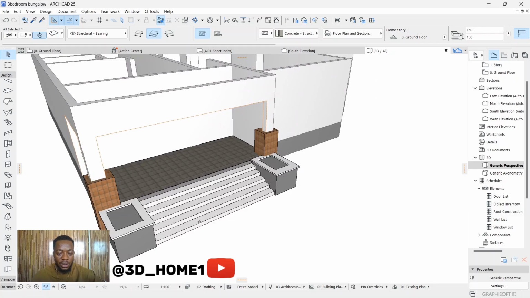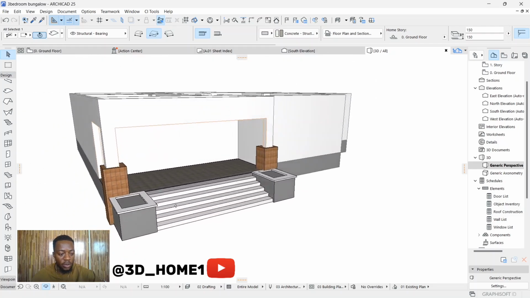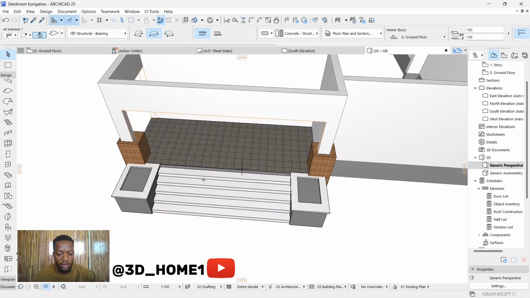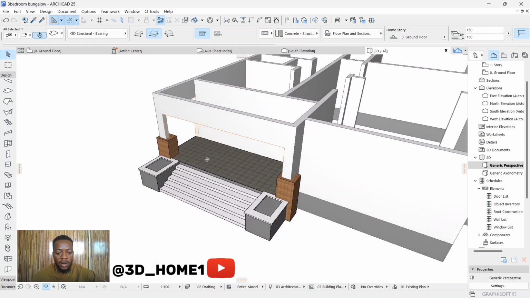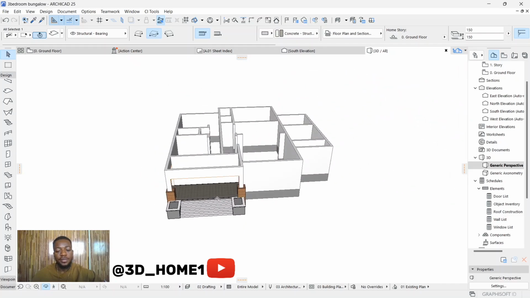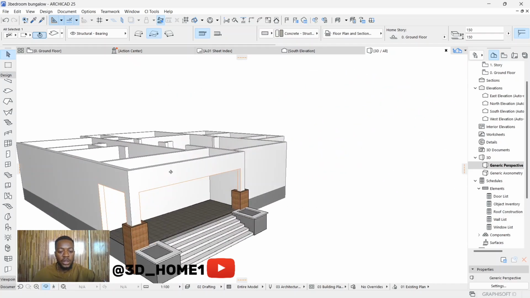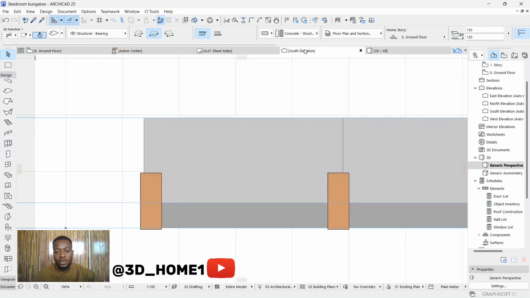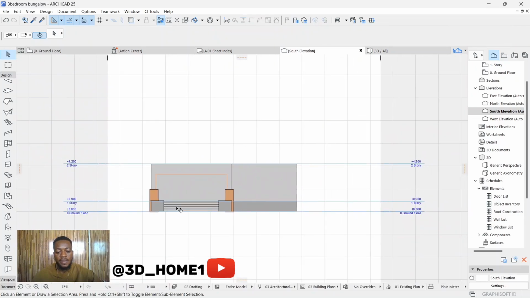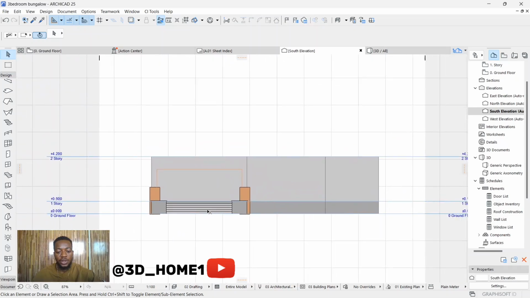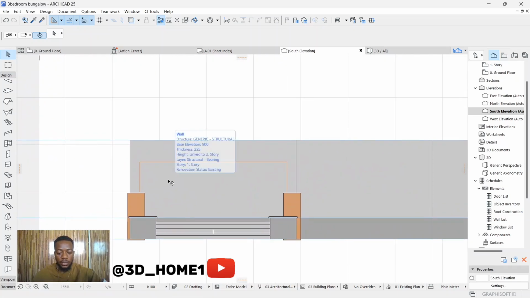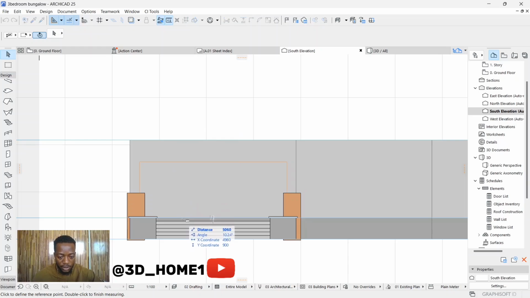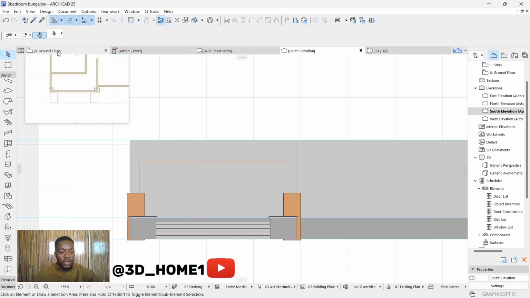Okay, so I think we are cool with this one. And so now what next can we do? Let's proceed with our windows. First of all, let's check the front, the south elevation. So the south elevation, and you click on M, you have a measuring tape. So let's check from here to here. So 2,300, and alright, it's cool. So let's check the front,